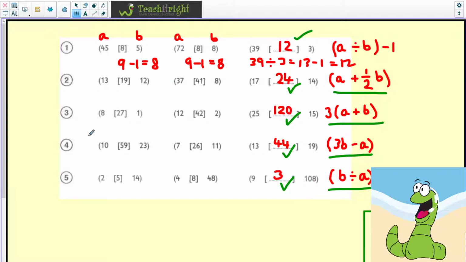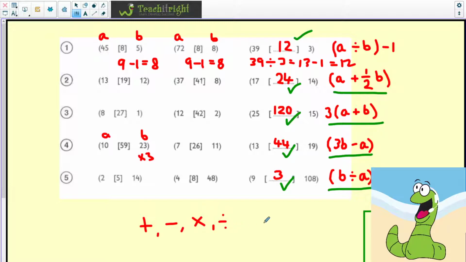So in this one, and again, if you want to label A and B, because it just helps you think about what you're doing. So this one, for example, we're doing 3B, so we need to times this by 3, and then we're going to be taking A away. So again, really look at different possibilities. Remember, you're going to use 4 operations,